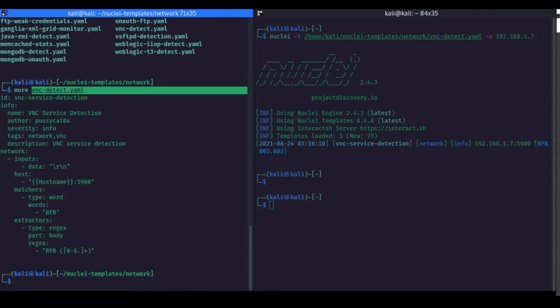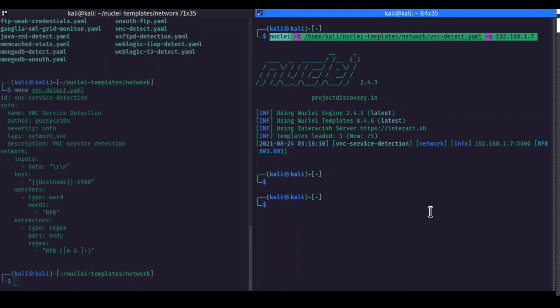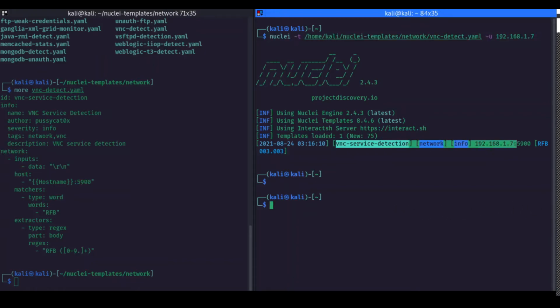Basically it will be checking for port 5900 and the output coming from that port. So basically it will be checking for that. So this is the regex that has been set, and after running the Nuclei command using this we will be having a look, and we saw that yeah, here we can detect the VNC service that is active on a remote endpoint. So this is how actually we can check.